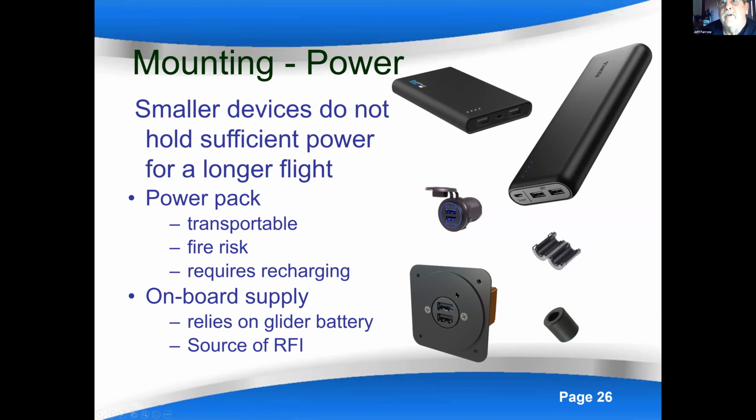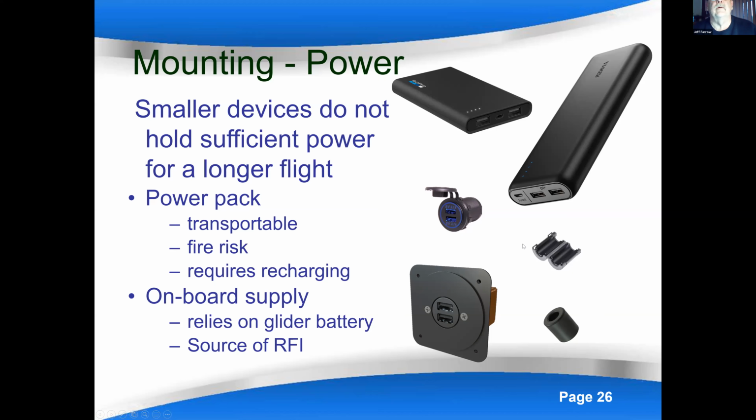If you're thinking about fitting your own, make sure you fit some RF interference suppression, these chokes that fit over the wiring right up close to the back of the device. You want to look for a device that's got a fairly high efficiency. That means it's not going to generate too much in the way of heat. Ideally one that's shielded, and you can actually try it out and hold it near instruments while it's running and see if it's generating any interference with them.